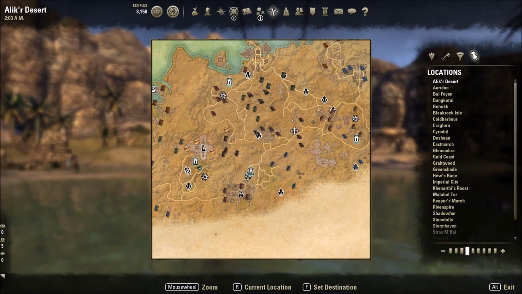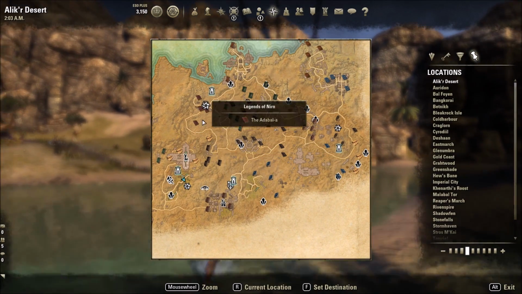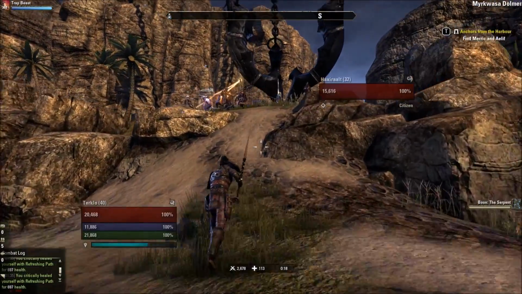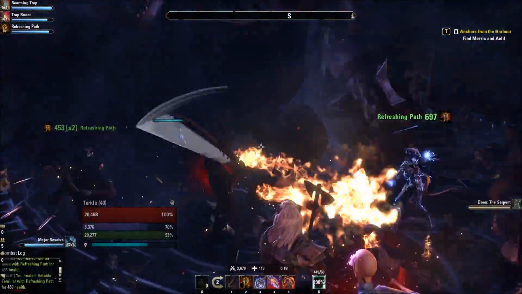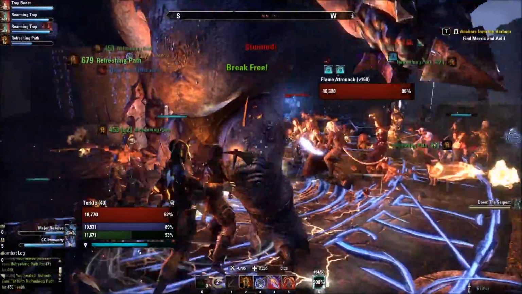Now, yes, this is a group activity in that you want to have many people farming the dolmen to make it easy, but there's almost always a group running, which means that, as you see here, I just ported in and instantly found a group, and you don't even have to be part of the group to get your XP. Simply cast AoEs around the place, tag the boss at the end, and wait for the dolmen to get completed,